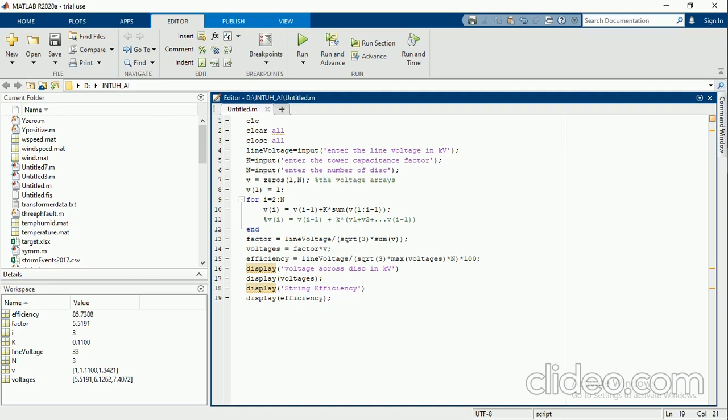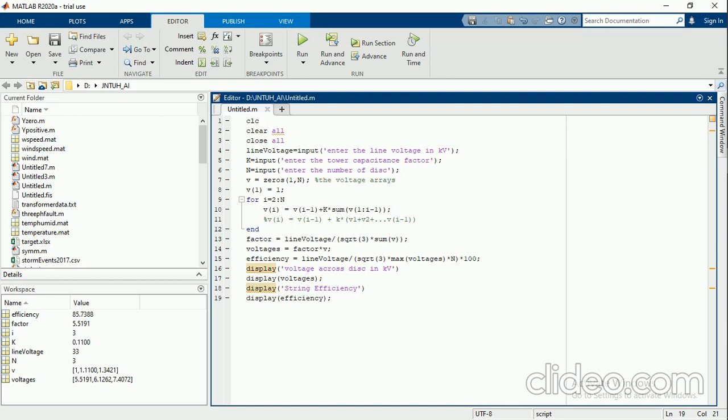Again I'm simply writing the efficiency formula. Already I know that the voltage nearest to the conductor has the maximum voltage. So instead of considering V3 or V4, because I'm writing this code for n number of disks, I've just considered only the maximum of voltages.